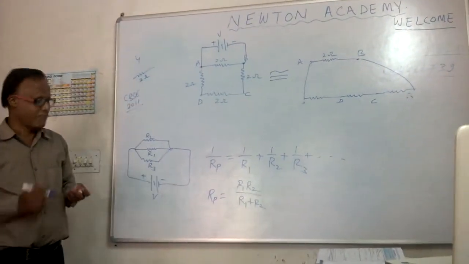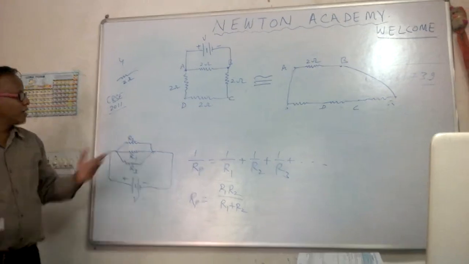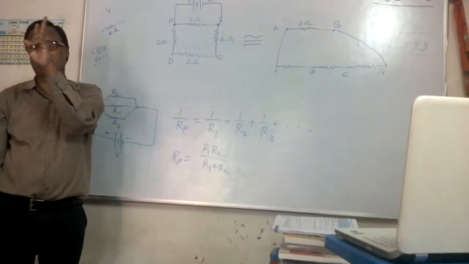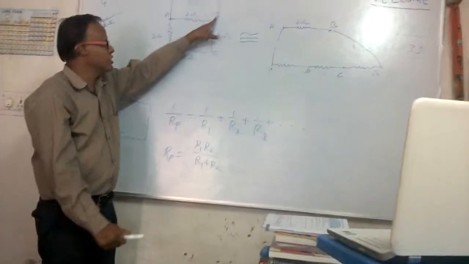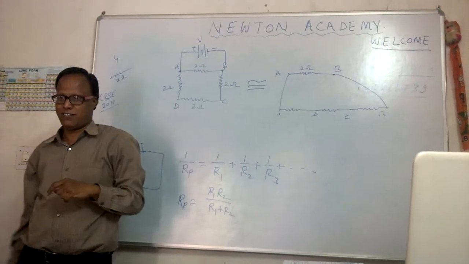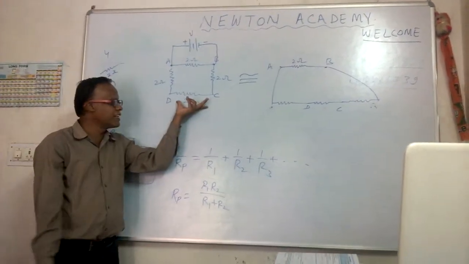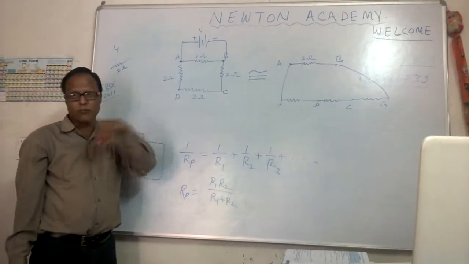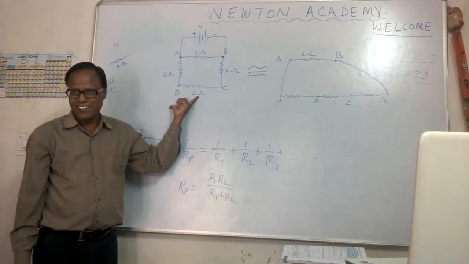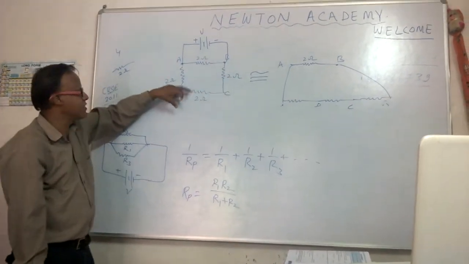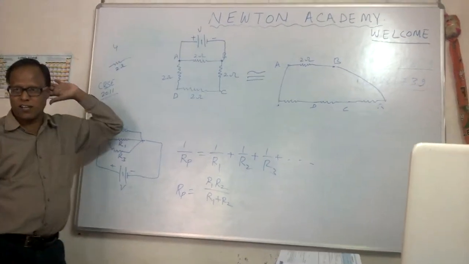This can be done with any of the resistors then. Any of the resistors? Yes, हमने, but it is given in the question that two adjacent corners. If you choose these two adjacent corners B and C, then these three resistors are in series and this is in parallel. If you choose C and D, then these three resistors are in series and then this. इसलिए मैंने कहा मेरे को बताना पड़ेगा. If you choose these two corners, these three resistors are in series and then this in parallel.